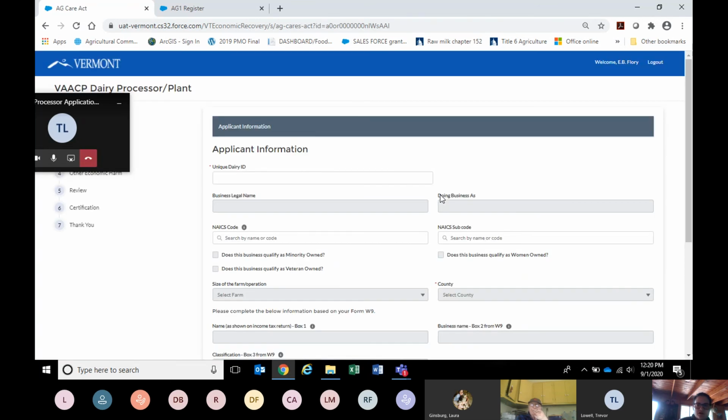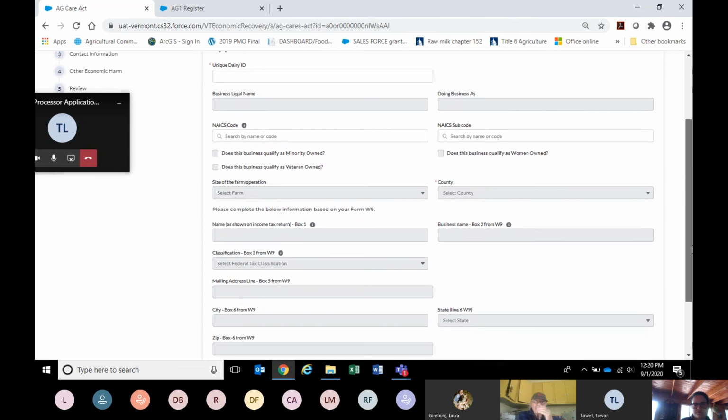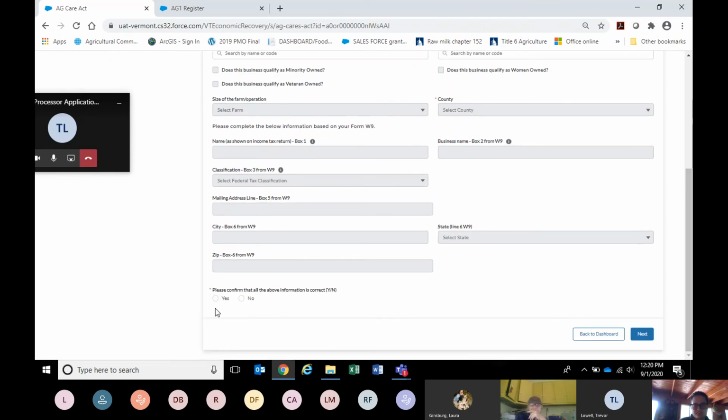There we go. And then you would enter in your unique ID number again, and then you would go through. If your W-9 was submitted to the agency and preloaded, this would preload, and you would hit the yes button, making sure the information is correct. If you haven't already submitted your W-9, you would just manually type in this information, and then you would upload